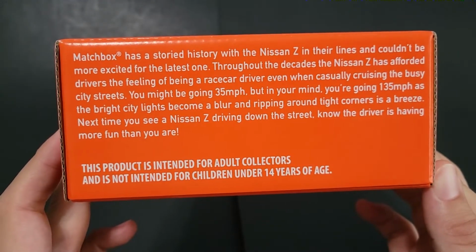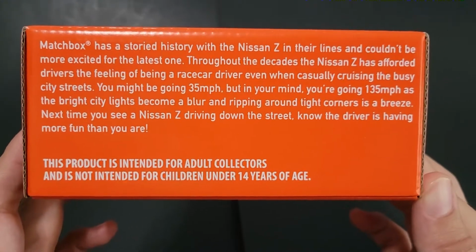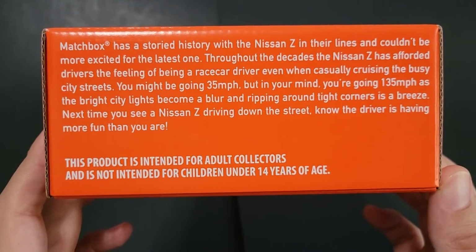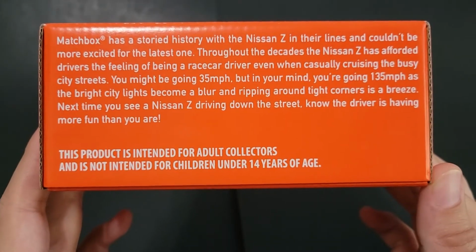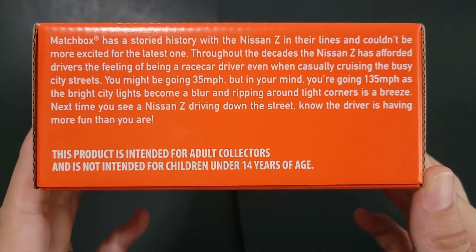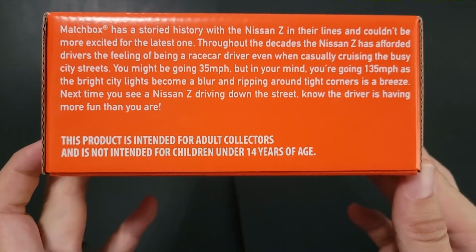Matchbox has a storied history with the Nissan Z in their lines and couldn't be more excited for the latest one. Throughout the decades, the Nissan Z has afforded drivers the feeling of being a race car driver even when casually cruising the busy city streets. You might be going 35, but in your mind, you're going 135, as the bright city lights become a blur and ripping around tight corners is a breeze. Next time you see a Nissan Z driving down the street, know the driver is having more fun than you are. Man,